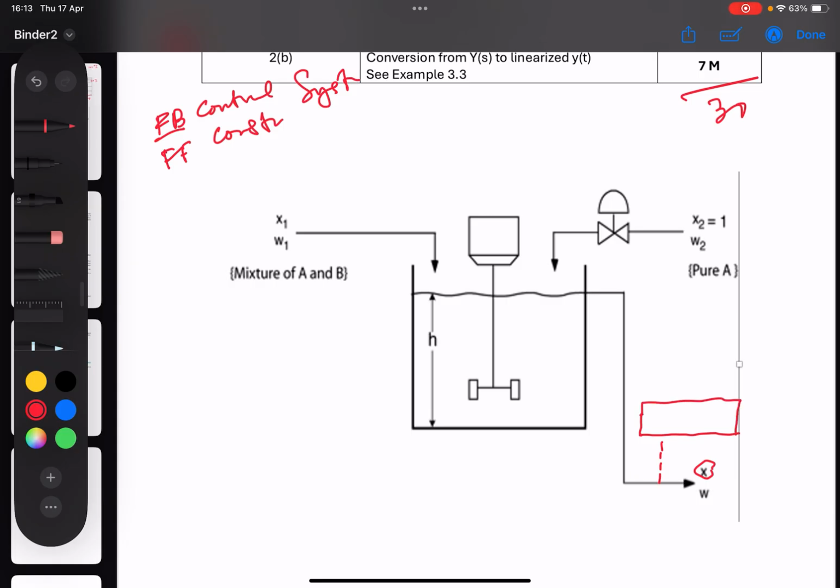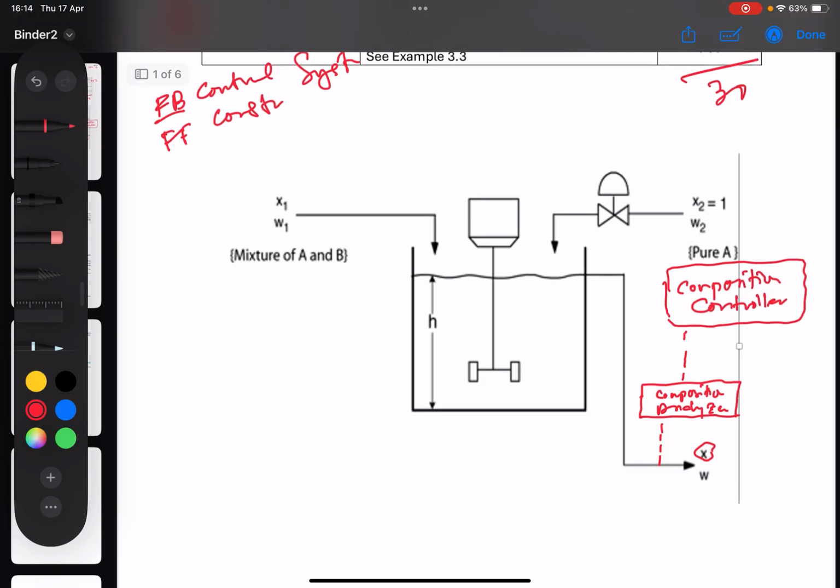The reading here is going to be sent to the composition analyzer, and then the composition analyzer is going to send a signal to my composition controller. Based on the readings sent from the composition analyzer, the controller will decide either